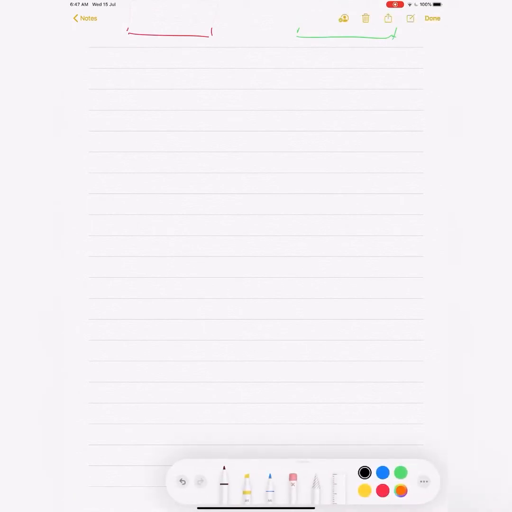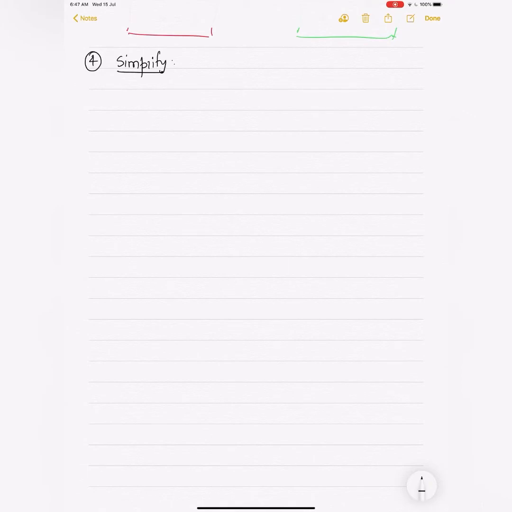Now in sum number 4, you're given to simplify. They have asked us to simplify root 2 upon root 6 minus root 2, minus root 3 divided by root 6 plus root 2. Now how will you simplify this? You have to just take the LCM. So see, we'll just put brackets over here so that you don't make mistakes. They have not put the brackets in the question, you'll have to put them yourself.